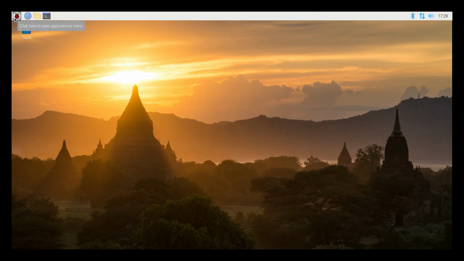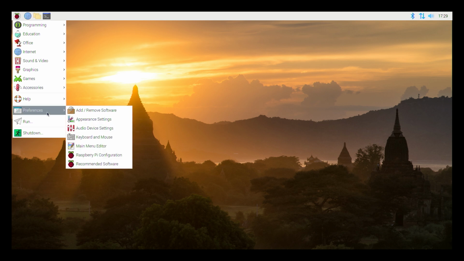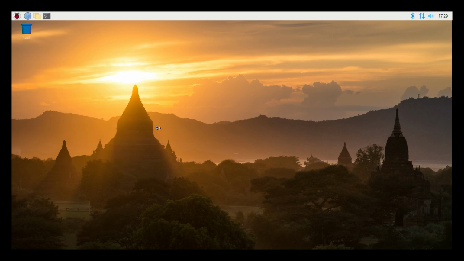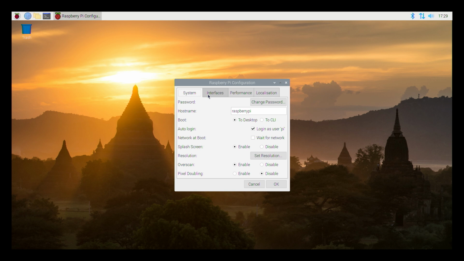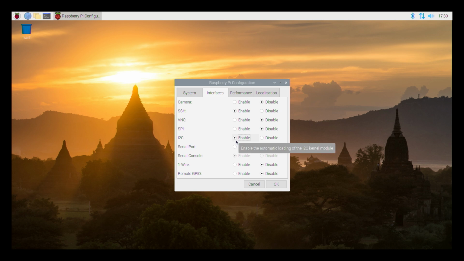So now that our Raspberry Pi has rebooted, let's go in and do a couple more configurations. So we're going to go into interfaces. We're going to enable SSH, which will allow us to SSH and transfer files from our laptop to the Raspberry Pi. I am also going to enable the I2C. This will be useful in our final tutorial when we will learn how to control a temperature sensor from the I2C port. So these are the only two things you need to enable right now. So we're going to hit OK.